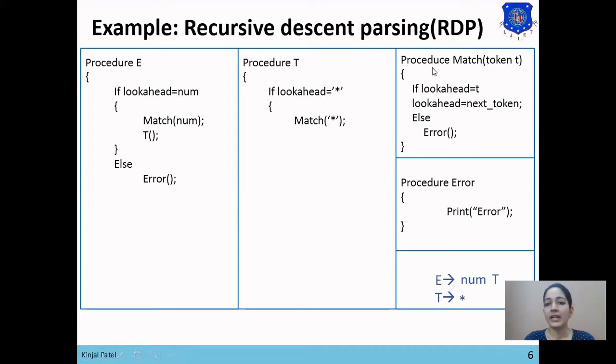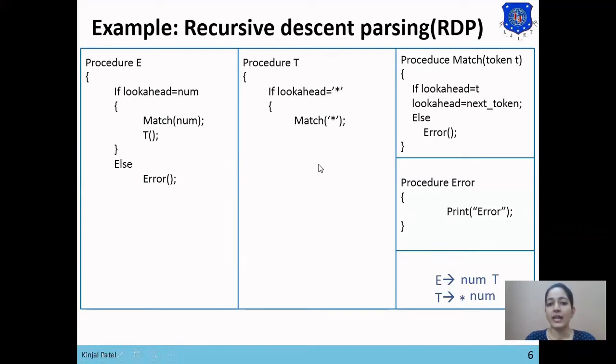In procedure match, the token is star, so it will check whether lookahead equals star, then lookahead equals next token, which increments lookahead by 1. Then there is number, which is a terminal symbol.